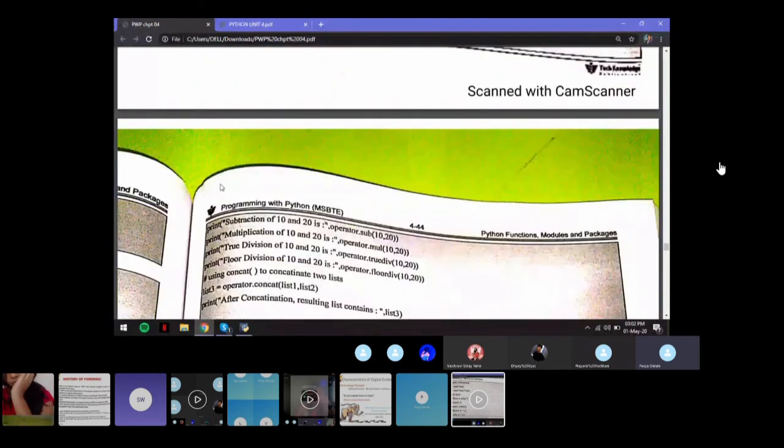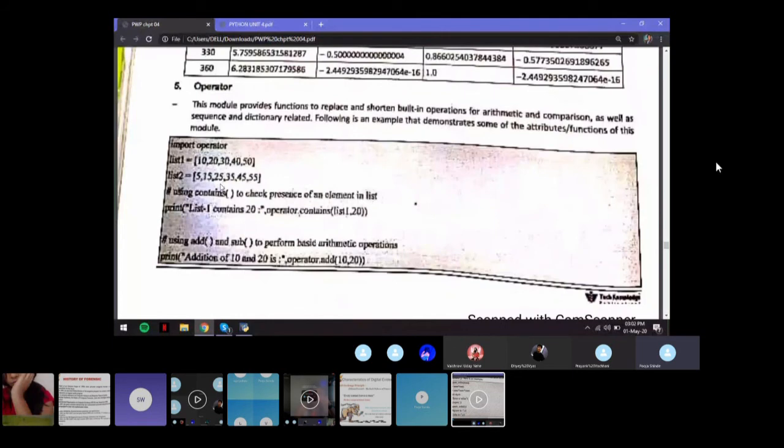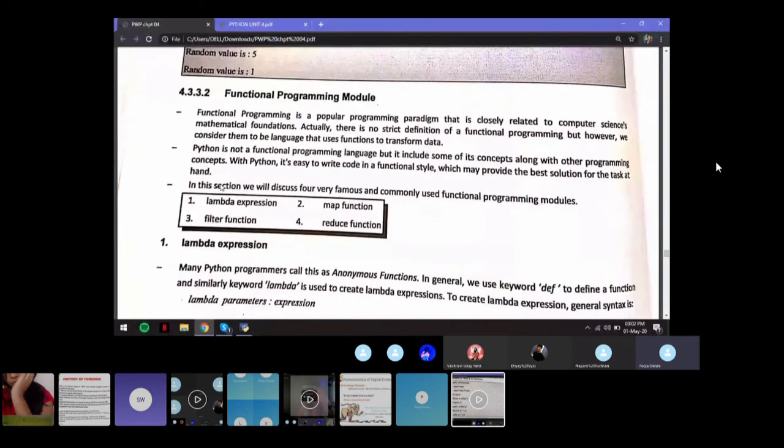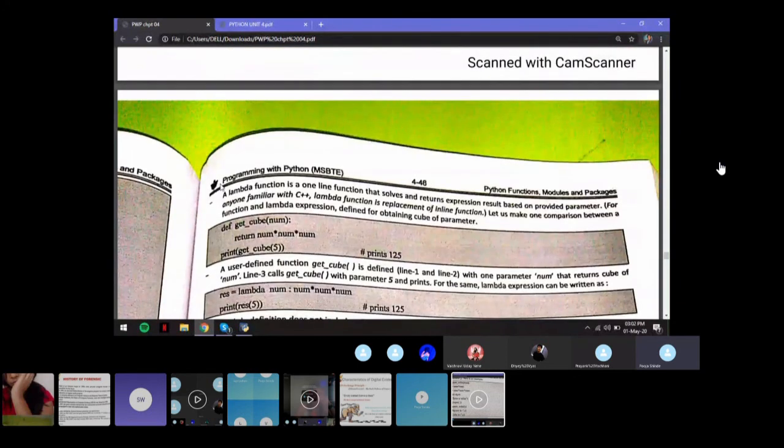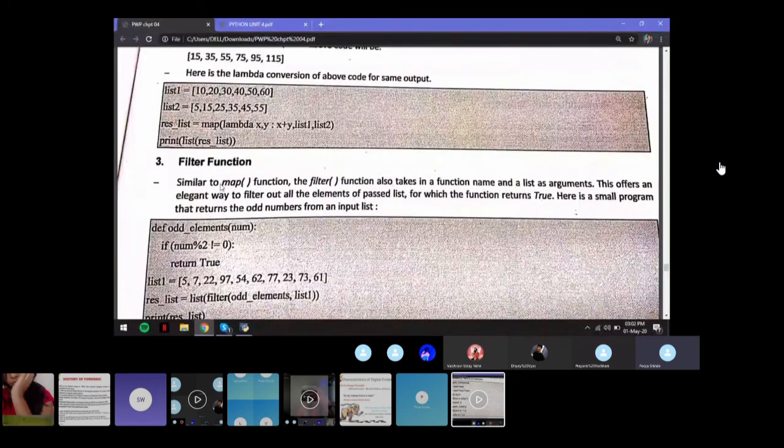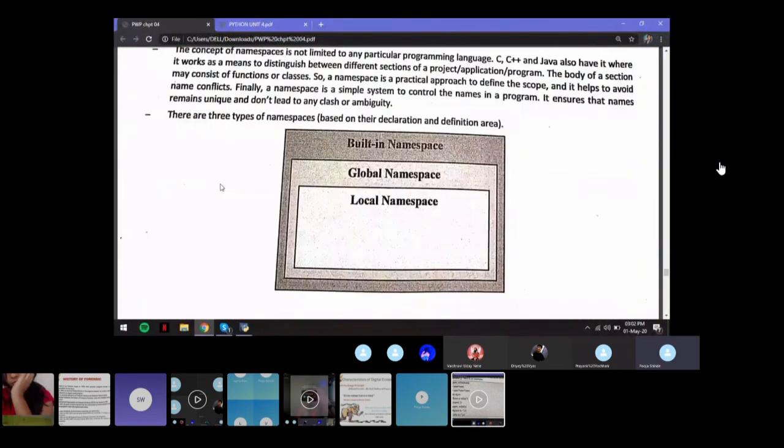Then in the functional programming module you have the map function, filter function, reduce function, lambda function, and so on. We don't need to study all of this in detail. I'll just ask you to go through it once and study 3 or 4 functions inside each.